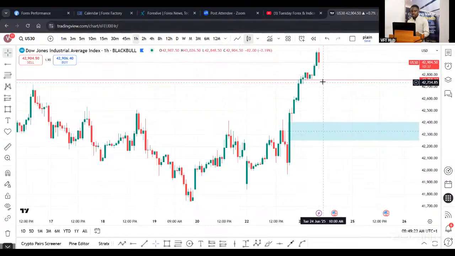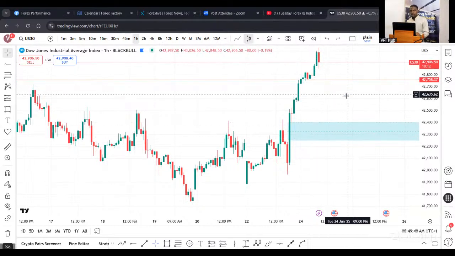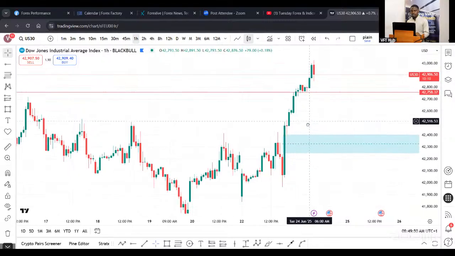It will be very tricky, because if price comes back to this zone today, then we won't see the bullish candlestick we're looking for in the 1-hour time frame, which is a very strong confirmation of what we want to see in the market. So probably today price continues to rally, then tomorrow we see a tap into this zone again, and then it continues its original direction of the rally.